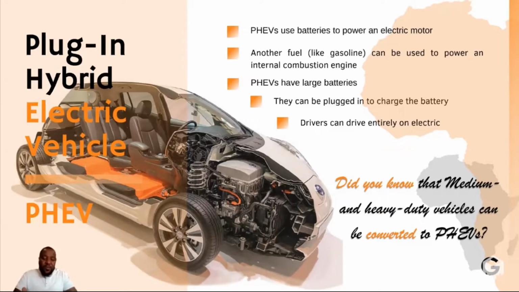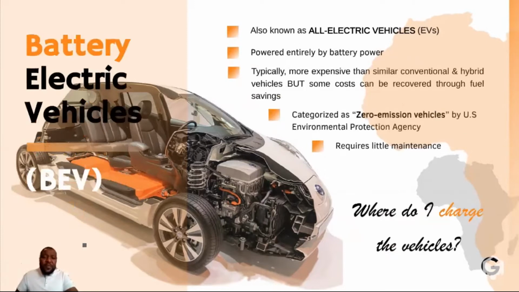What does this mean for you? Extended range. Now consider yourself in different industries. You can think of something like last mile delivery. Where does this tie in? It allows you to cover most of your targeted distance for the day, if one can put it that way. All right. And then lastly, in terms of the types of EVs that we have,